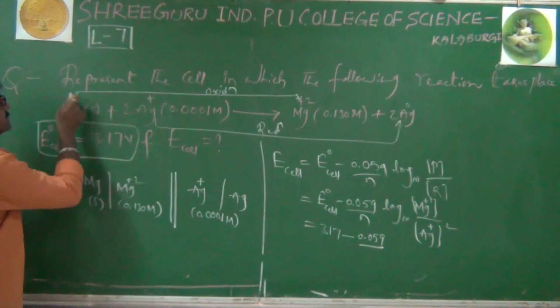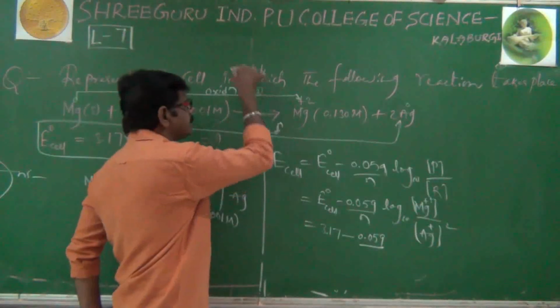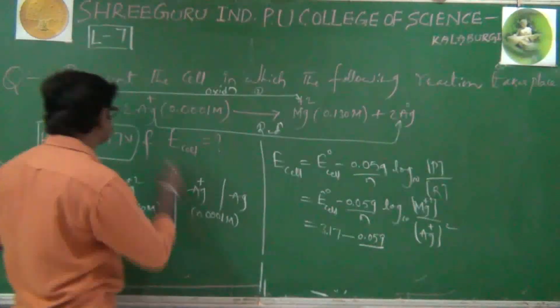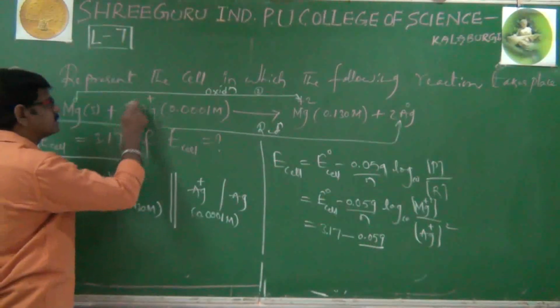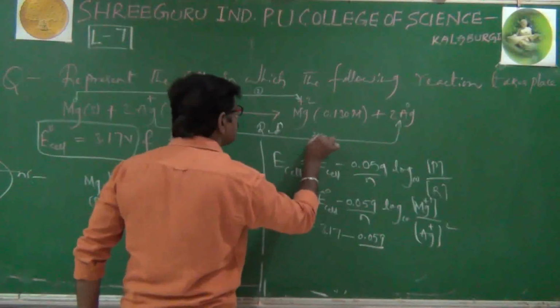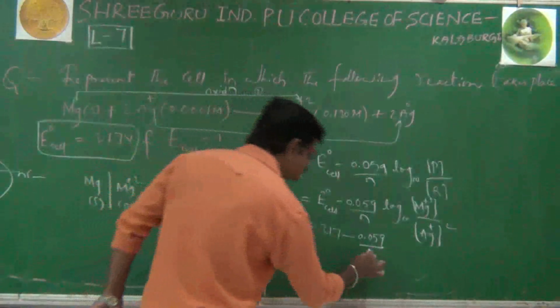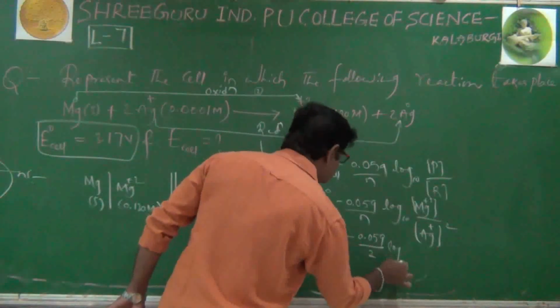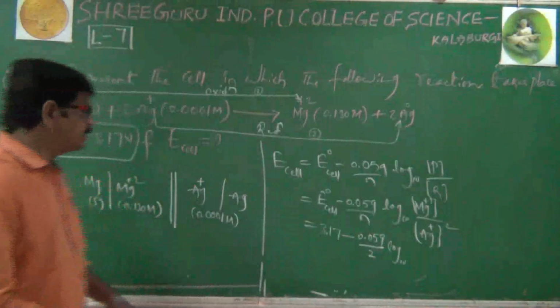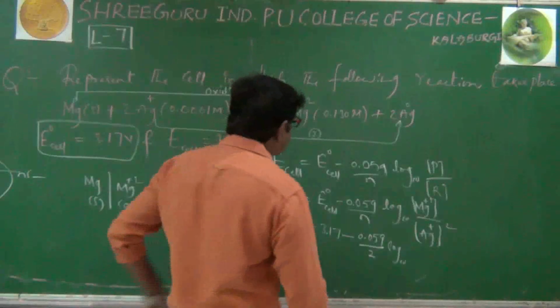Magnesium at elemental state 0 is converted to plus 2, so 2 electrons are involved. Next, 2 Ag plus, plus 2 is converted to 0, here also 2 electrons are involved, which means the n value is 2, log base 10 of Mg plus 2 concentration, already given in the question,